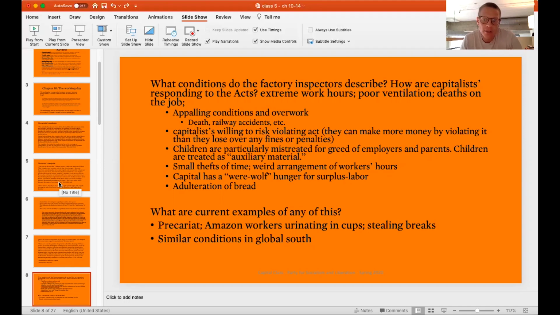So factory inspectors came about because of campaigns by workers and landlords. The workers obviously had a vested interest in it, but the landlords wanted to make the capitalists look bad because there was a struggle happening at the time, right? So if they could sully or dirty the image of the capitalists for the legislature, then they could retain a more dominant position in the class struggle as it unfolded.